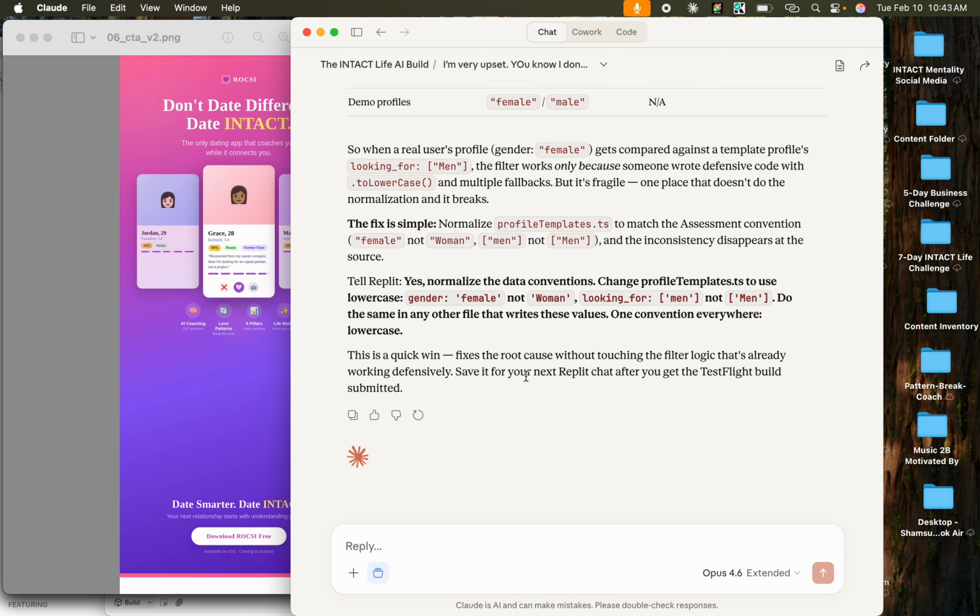It fixes the root cause without touching the filter logic that's already working defensively.